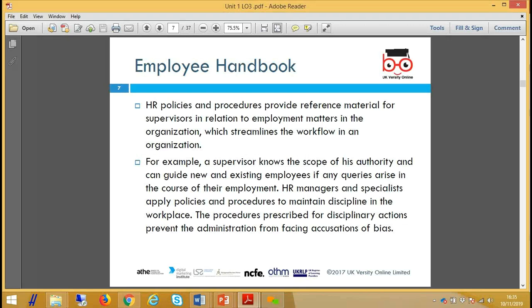So where either one party, the company or the employee, doesn't like the decision of that panel, they can appeal. Usually you go to a more senior manager who will be on the panel for the appeal, or a manager at the same level but a different person. So a different manager will hear the appeal. That's the UK process specified by ATHE, and if you don't do it, then you're in trouble as a company.